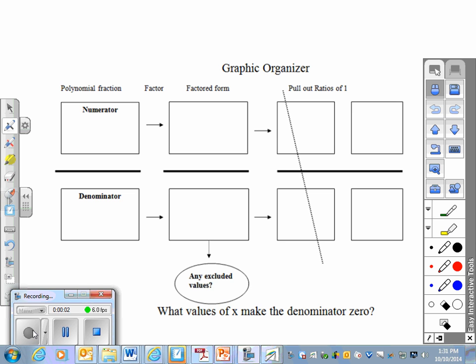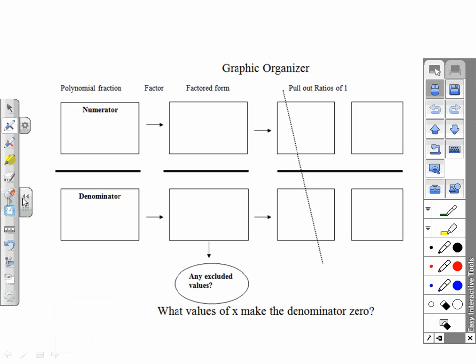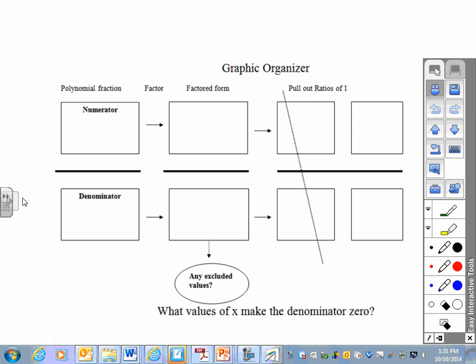Okay, what we're doing today is going over how to simplify, multiply, and divide the rational functions that we've been looking at for the past few days. So to start us off, we are going to learn how to simplify the rational function